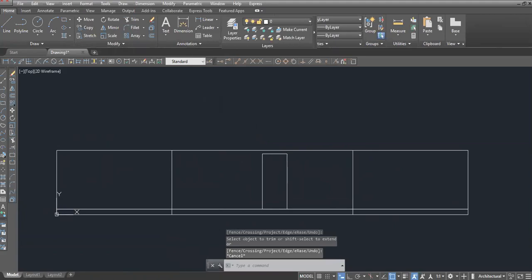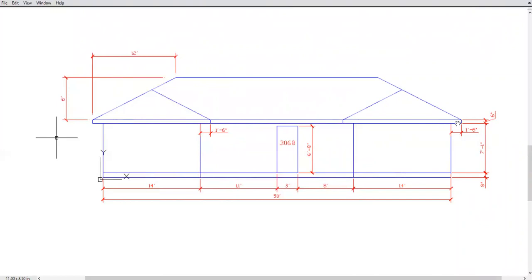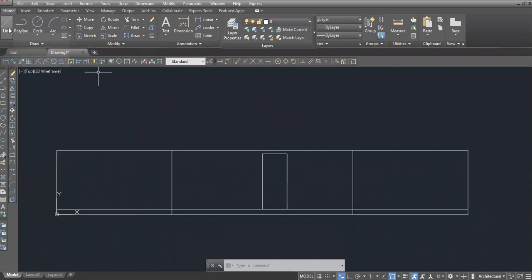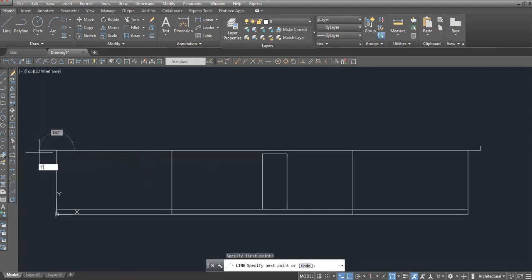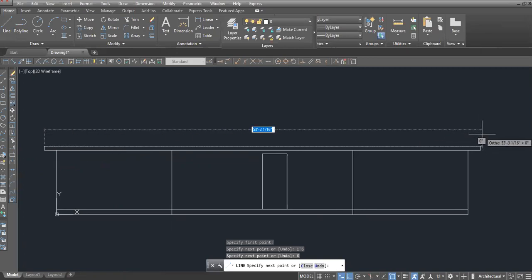escape, and then we'll go up here, or go to our PDF, and we see we need to draw this right here, so we know it's an extra 1 foot by 6 inches out on both sides. So let's do that. All right, so we can draw a line. We'll turn on our orthogonal mode. Okay, we know that is 1 foot, 6. Okay, and then if we go back to our PDF, we know that it's 6 inches tall. So 6 inches, all right, and then escape, go over here and do the same thing. So 1 foot, 6 inches, then up by 6 inches, enter,